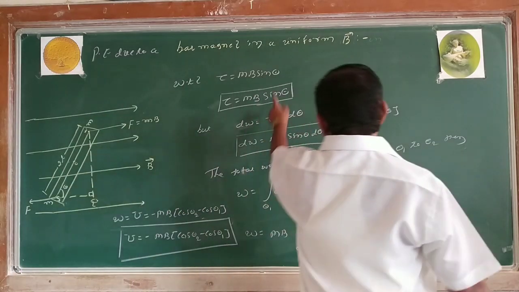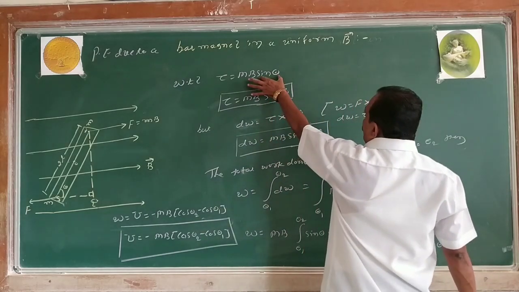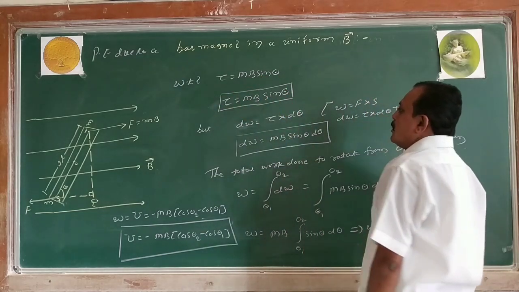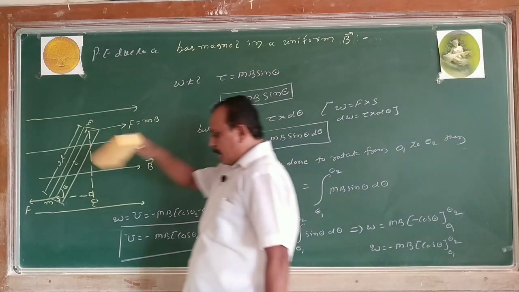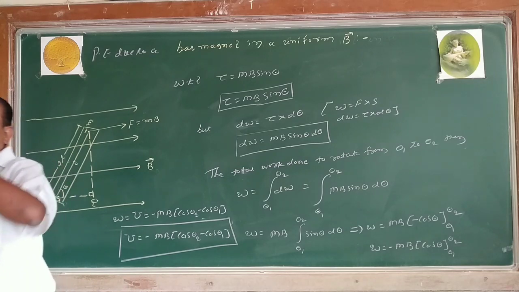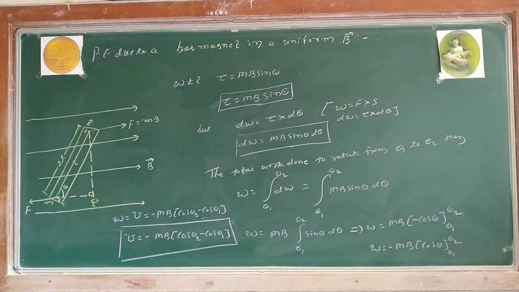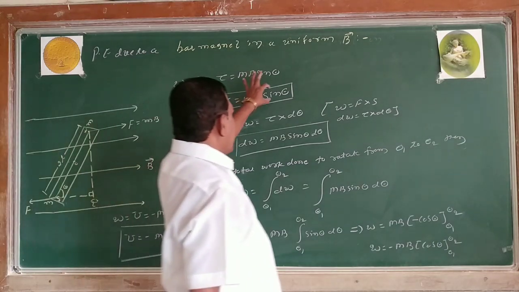If I take the initial condition here only, it experiences the maximum force. Then there will be no obtaining the equation factor. You keep sin theta as it is. It rotates slowly. Then there is a small angle change d theta. With respect to what? Sin theta function. You keep as it is.